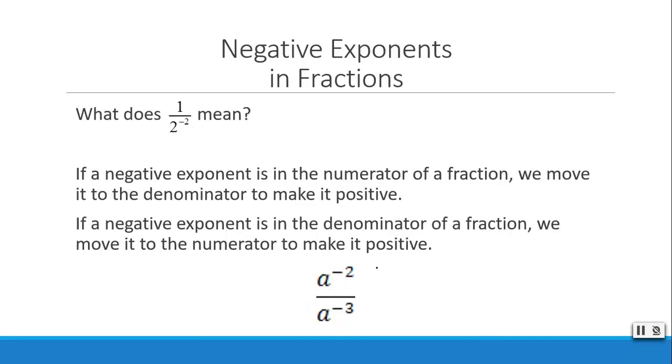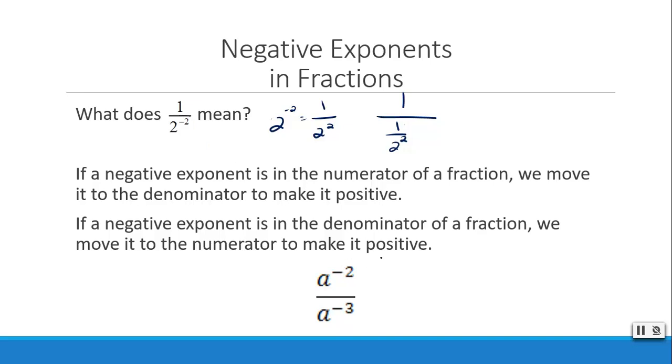When you have negative exponents already in a fraction, what's happening is it's becoming a fraction divided by a fraction. Because remember, 2 to the negative 2 power technically means 1 over 2 squared. So this whole thing is 1 over 2 squared. Keep in mind when you divide fractions, you end up multiplying by the reciprocal. And so that's just a fancy way of saying you flip the fraction. So to make things kind of simple for you,